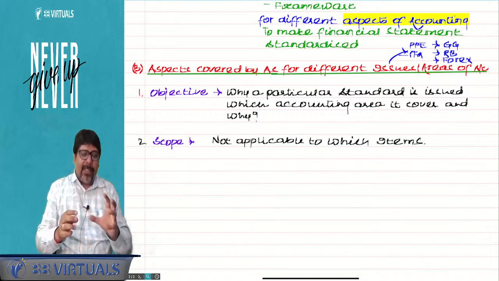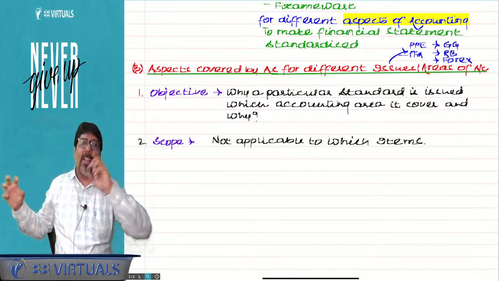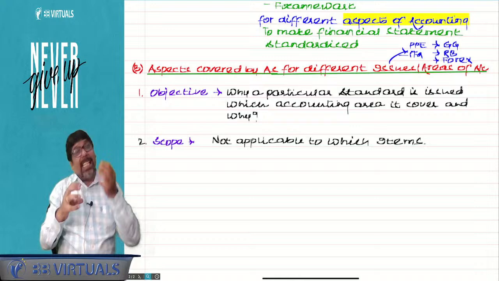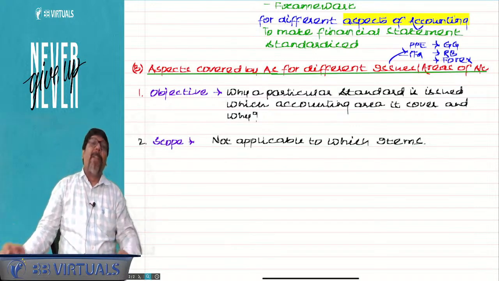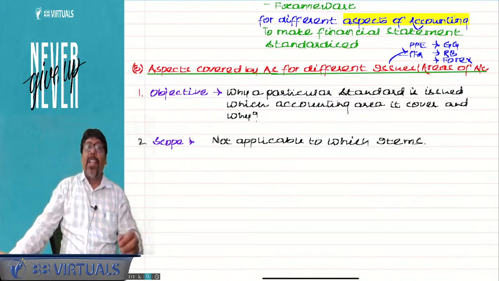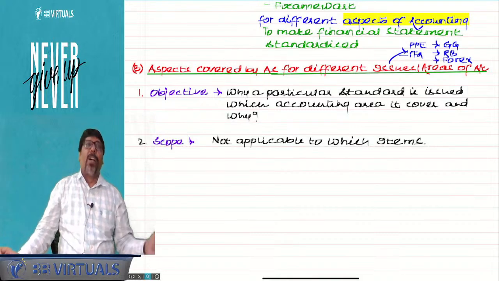Which means they basically say there are hundreds of intangibles, out of which these 8 are not covered, the rest are covered. So they don't tell us which are covered. They tell us which intangibles are not covered. So the rest of the intangibles are covered. When I say these inventory are not covered, that means the rest of the inventory are covered. When I say government grant is not covered, that means the rest are covered.